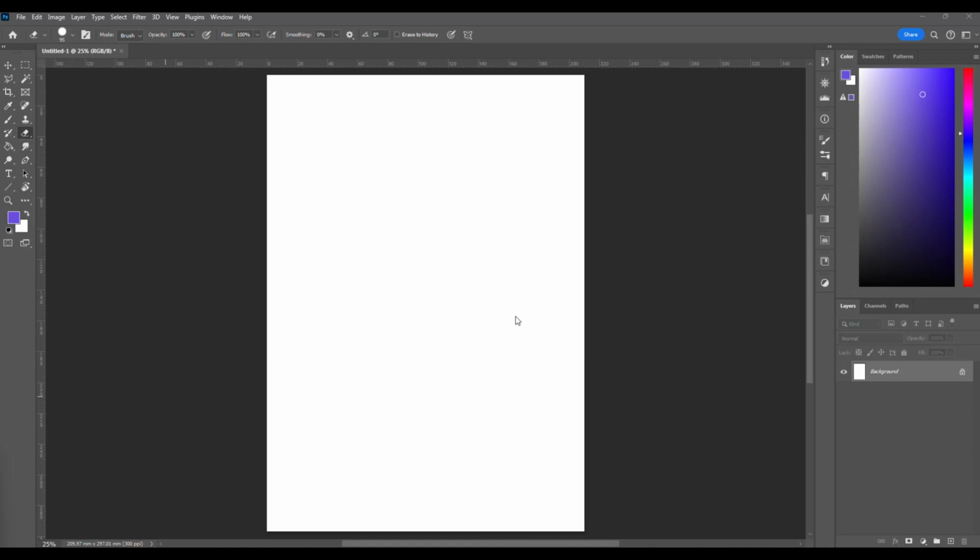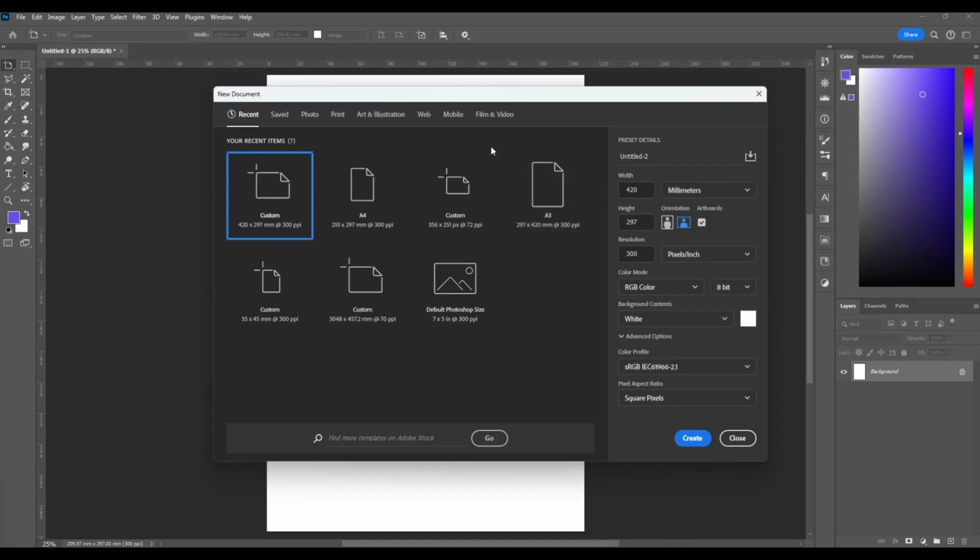Hello and welcome to another tutorial on Photoshop. For this particular video we're gonna cover how to render your architecture drawing that you produce, whether in Illustrator or in AutoCAD. For this particular task we will use A3 size, and we will use landscape as